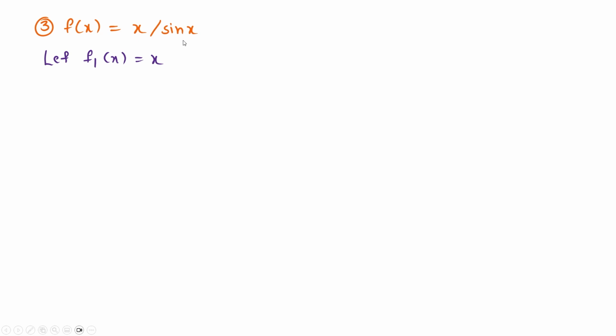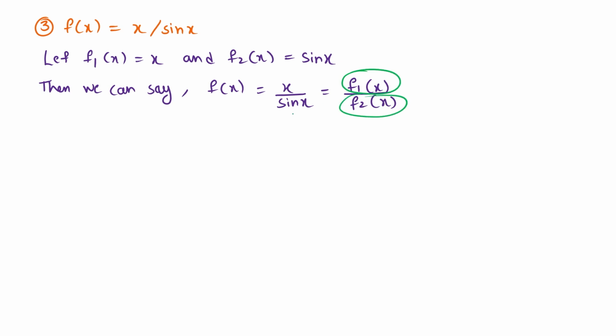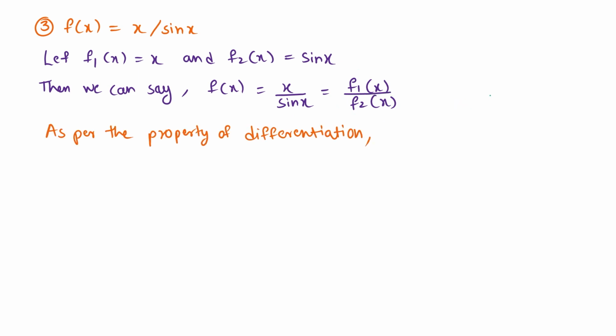So similar to our previous assumption, what we will do is denote one function f1 of x as x and the second function f2 of x as sin x. So now if we want to say our original function, which is f of x is equal to x divided by sin x, is just division of two functions, f1 of x and f2 of x, where f1 of x is x and f2 of x is sin x. Again, the reason for doing this is because we had studied the property while we were studying differentiation, where if we were to calculate the derivative of a term which was